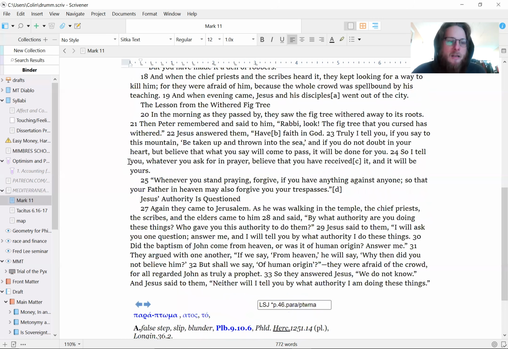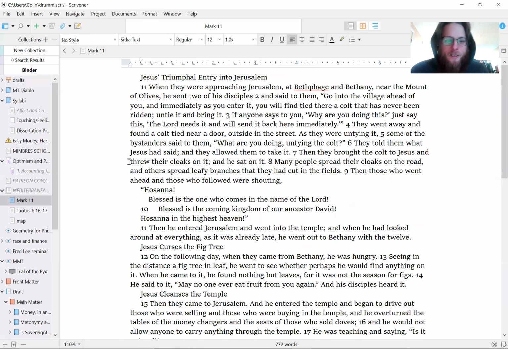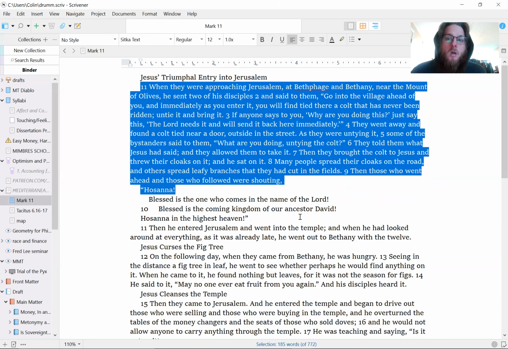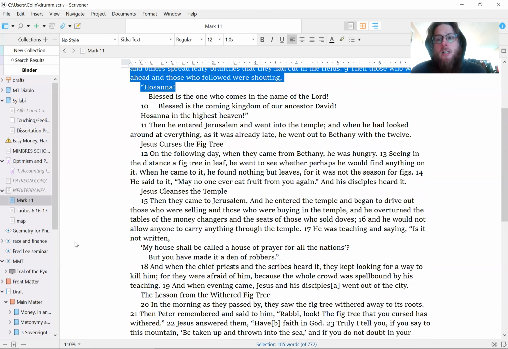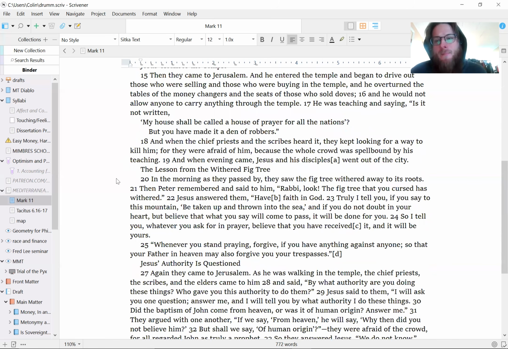That's what he says. Okay, so by the end of the video, hopefully we're going to be able to comment on various parts of this. We're going to make some sense out of the cloaks. We're going to make some sense out of the fig trees, and we're going to figure out exactly what's going on with the money changers and why this is an issue. So you might think about money changers, and then you kind of think about debt and banks and usury and stuff like that. But that is going to send us on the wrong track.